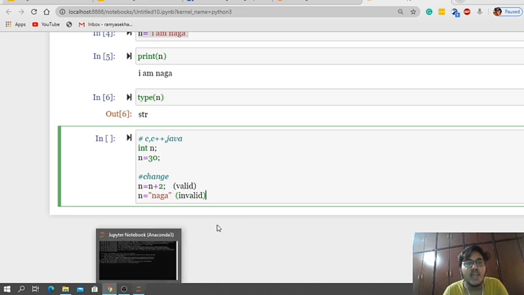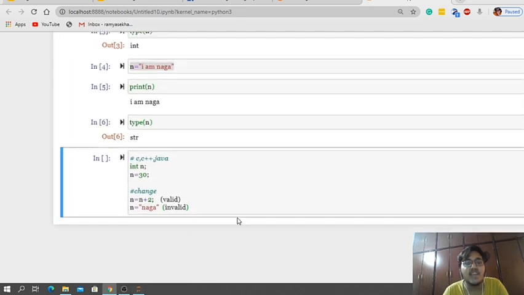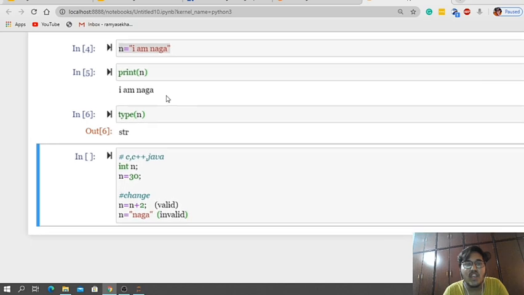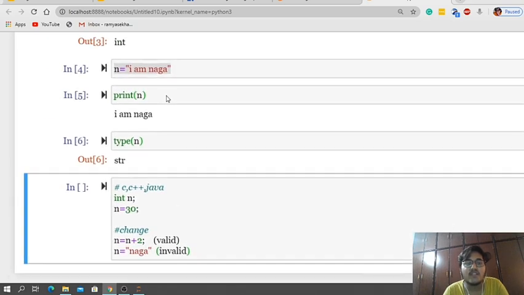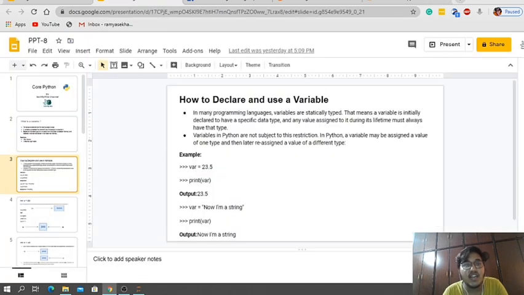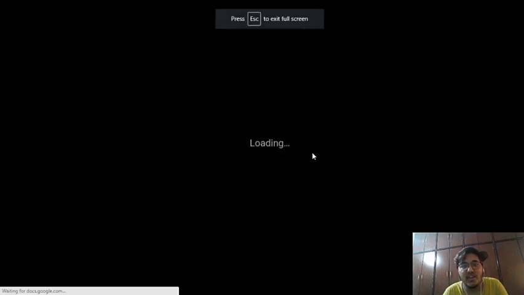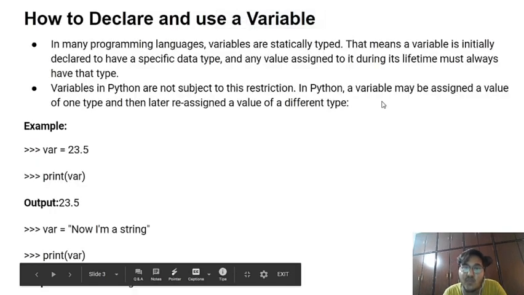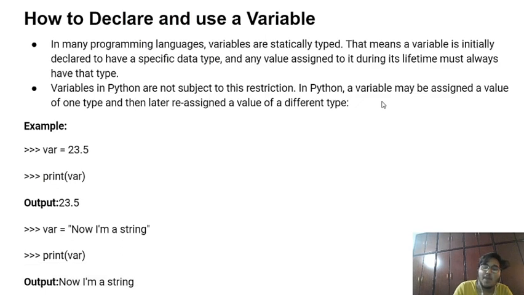That is the reason why C, C++, Java are called statically typed languages, whereas Python is called a dynamically typed language, in which variables are not subjected to this restriction. If you want to reassign with another data type, we can do that in Python.